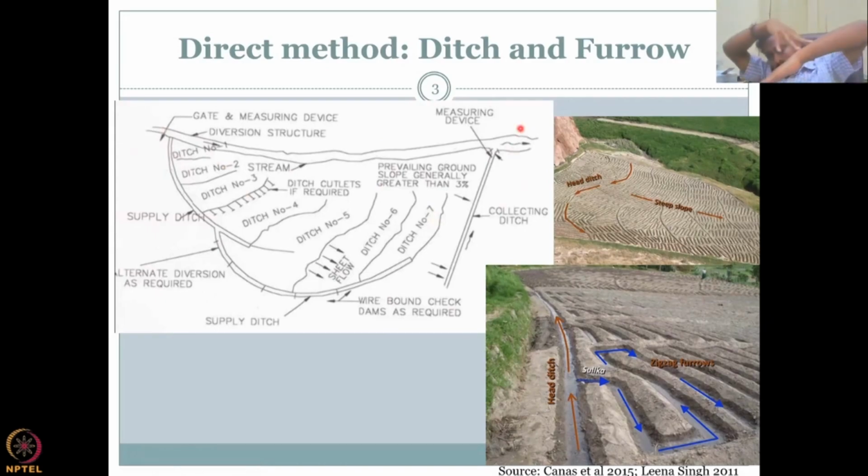So there has to be a gradient, and that gradient is established by a topographic elevation difference, and that is what is here. You can see a slope, and a slope of 3%. If it is too much, then water just runs away. It doesn't give time for recharge. So you can look here that there is some water which is flowing, and then it goes into these ditches inside the steep slope. So the major ditch, and then it goes into the small